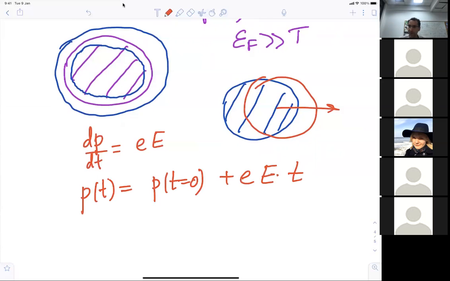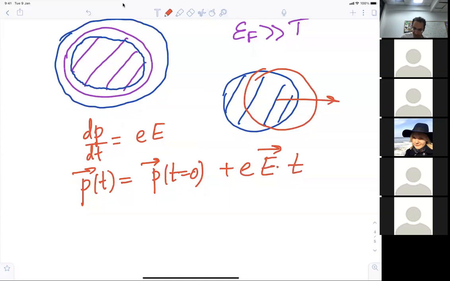So it means that the component of the momentum which is parallel to the electric field is linearly growing in time. And the component of the momentum which is perpendicular to the electric field is unchanged. Do you agree? Say something. Agree, disagree? Yes, we agree. Okay, then let's have a